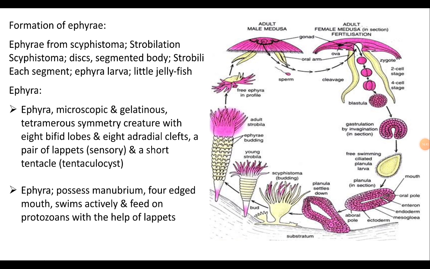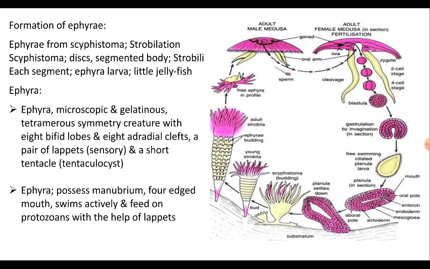And many such ephyrae are connected together by muscular strands. As they grow older, their muscular strands contract vigorously and break at intervals. So, one by one, ephyrae are pinched off from the parent strobila and swim away as little medusae, the jellyfishes. About a dozen ephyrae are formed in a single strobilation when food is abundantly available and